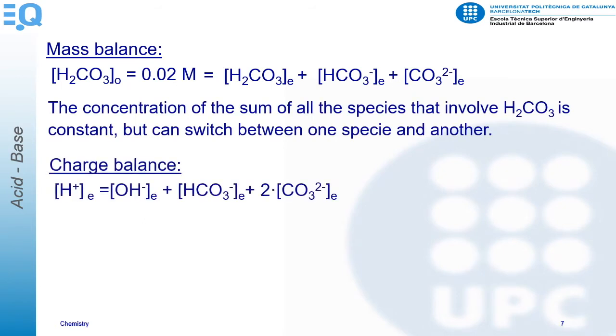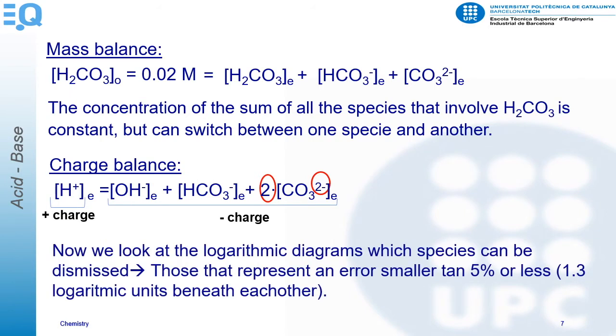The charge balance is different. Here, the concentration of positively charged species is equal to the sum of negatively charged species. This is due to the fact that the aqueous solution is electrically neutral. As the carbonate anion has 2 negative charges, its concentration is multiplied by 2 to compensate and maintain the neutral equilibrium. To simplify calculations, we check in the logarithmic diagram which species can be neglected, simplified from the mass